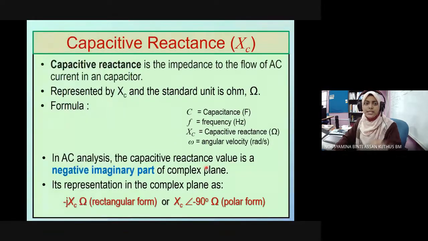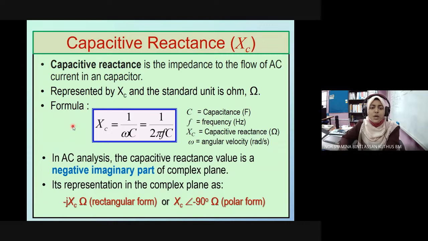Okay, so capacitive reactance pula. So capacitive reactance is the impedance to the flow of AC current in a capacitor. So tadi kalau inductance, impedance of flow of AC current in a inductor. So capacitive reactance adalah bagaimana dia punya value yang dia akan restrict the flow of AC current di dalam capacitor. So kita akan menggunakan XC untuk represent, standard unit dia masih ohm. So XC,